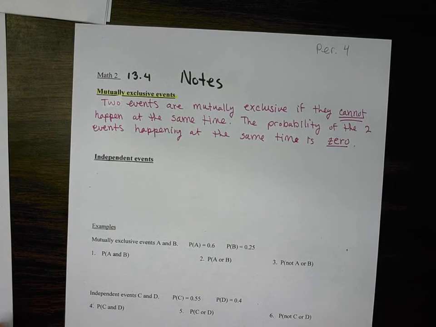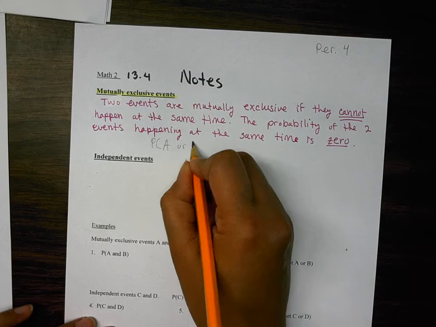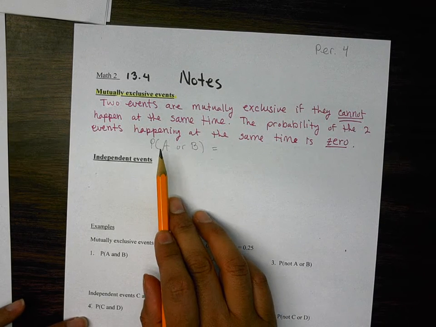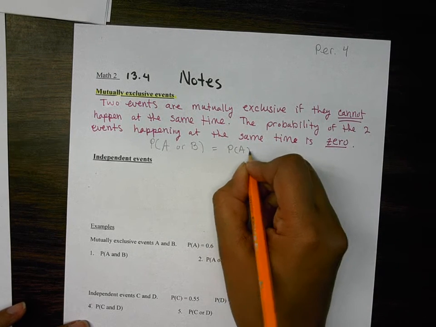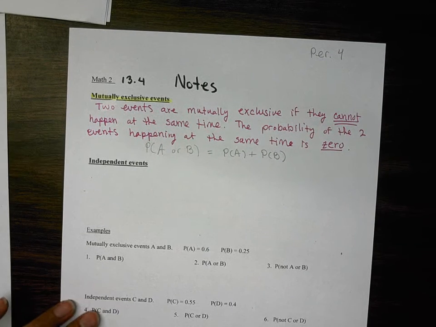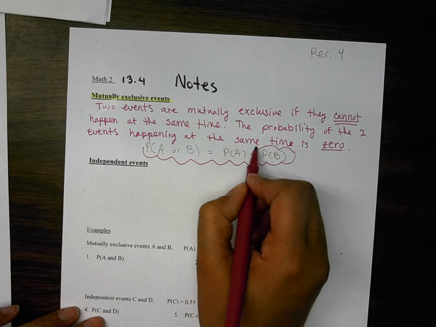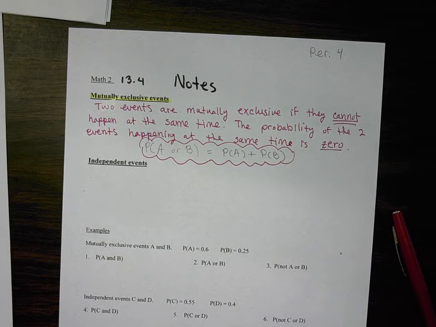Oh, there's a formula here. P for probability of A or B happening. Keyword there is or. The probability of an event A or B happening equals P of A plus P of B. Okay, you will need to know this formula. When they are mutually exclusive, the probability of A or B happening is the probability of A plus the probability of B. Your notes, you need to be taking notes with the rest of us. All right,